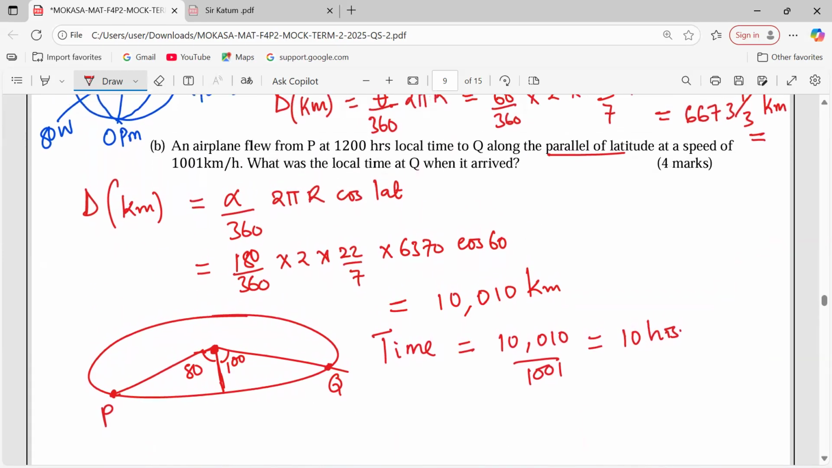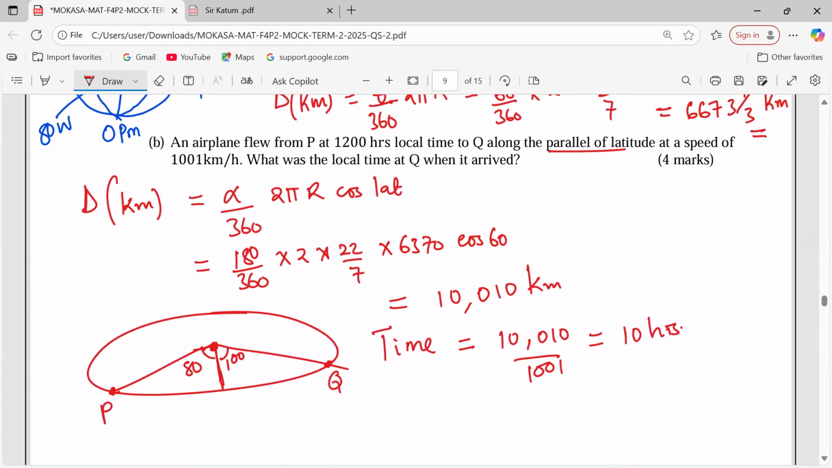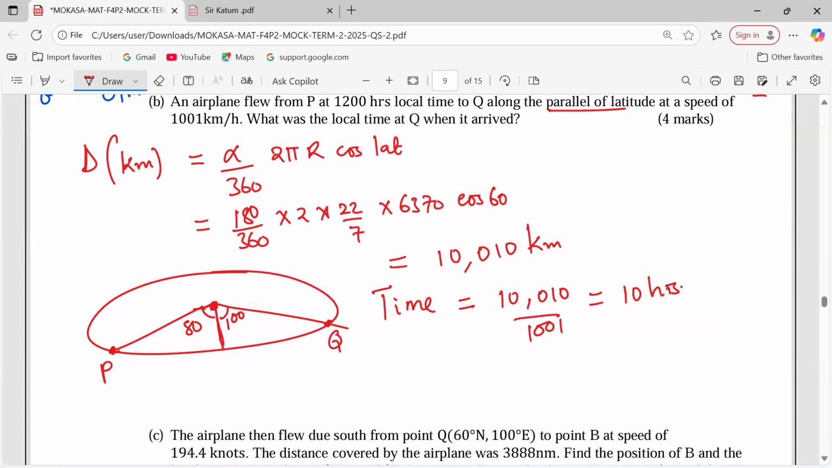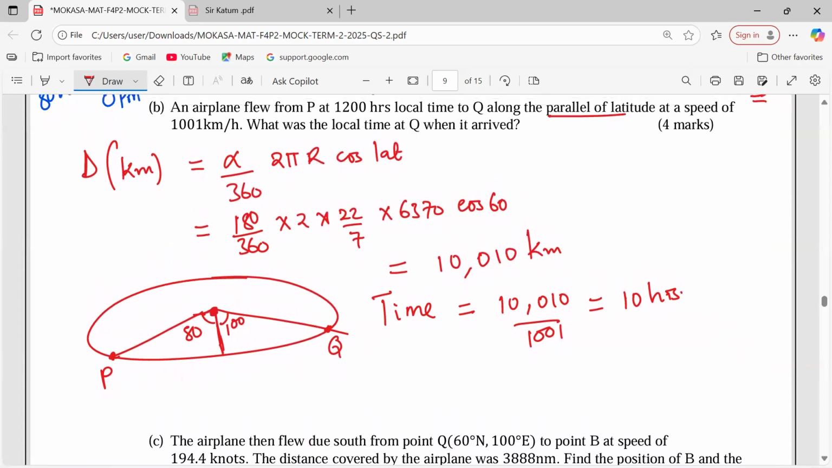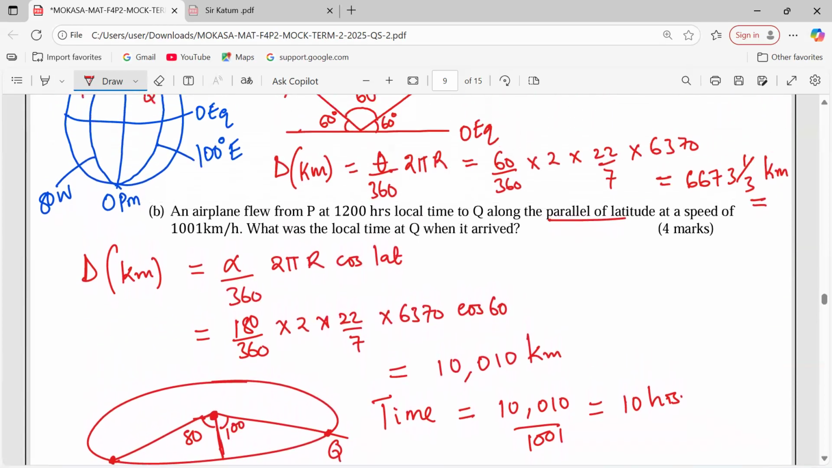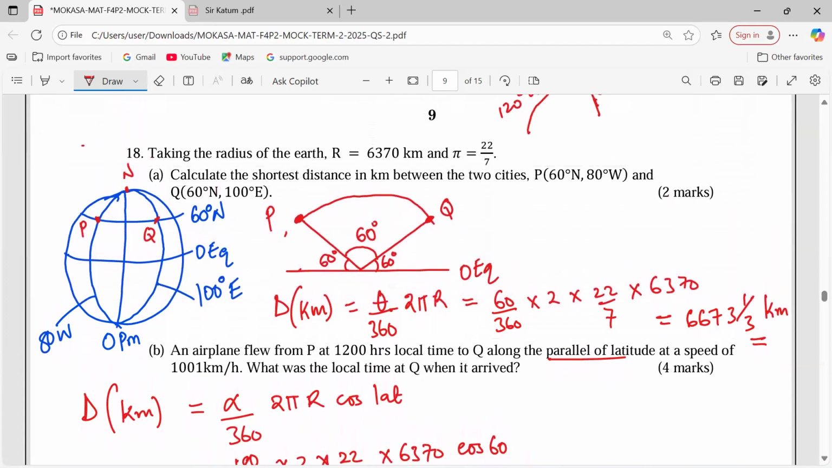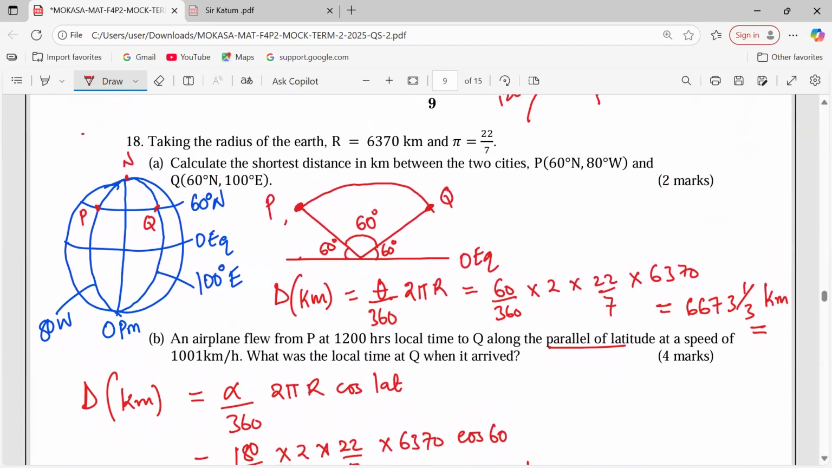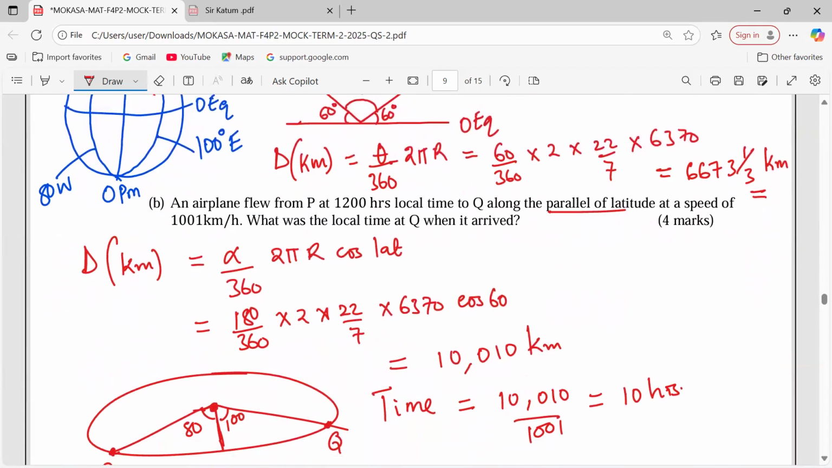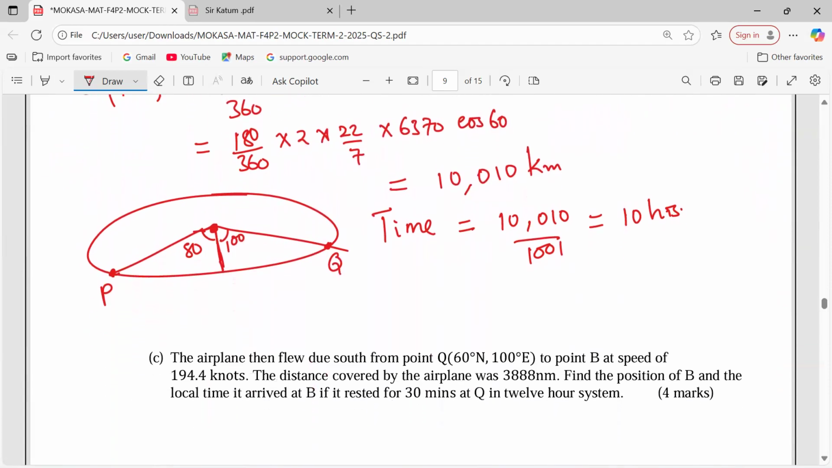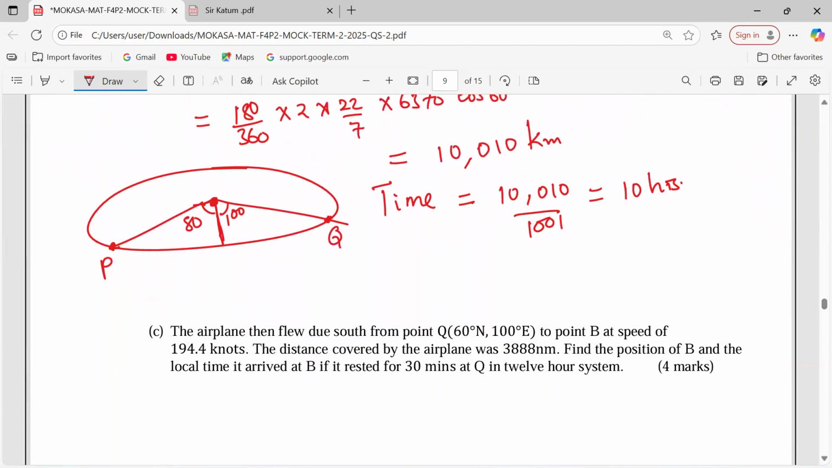Now we will say this. The airplane began the journey from P when it was 12:00. Then we ask ourselves, at the time when it was 12:00 at P, what was the time at Q? You know, Q is in the east. So Q is ahead in time. How ahead is it? So we usually say this, that